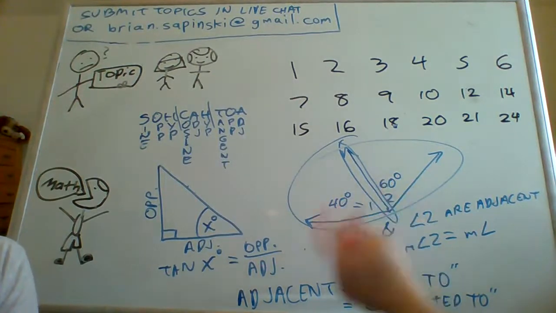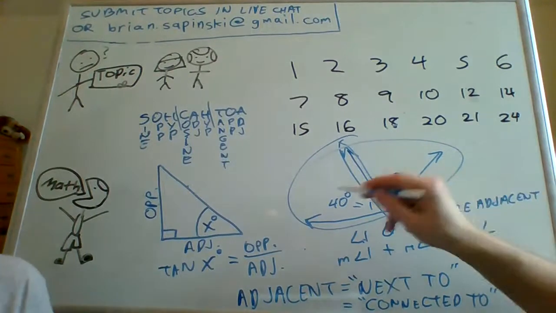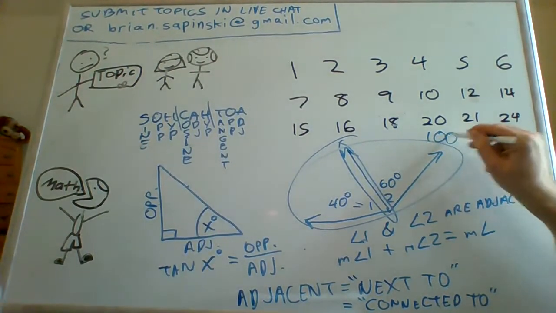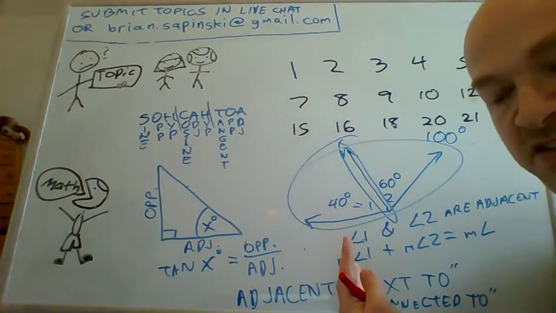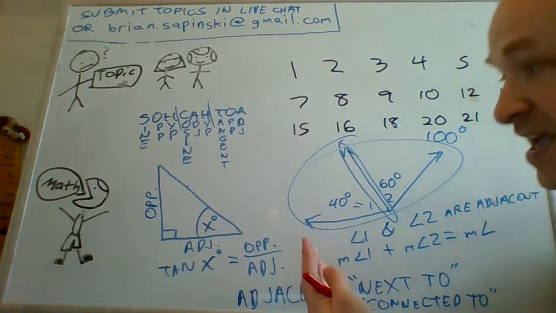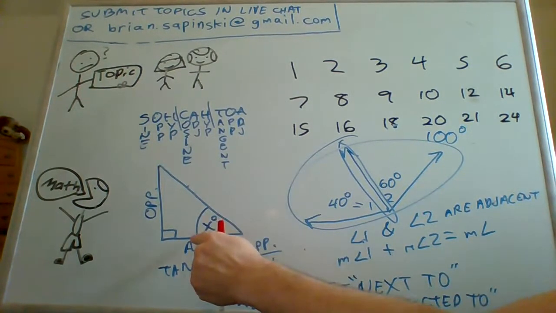If this angle was 40 and this angle was 60, how much is the whole thing? 100. Yeah, so the whole thing would be 100 degrees as a result. So from one perspective, that's what adjacent does. Now, the same kind of thing of adjacent meaning next to or connected to, the same thing happens in these